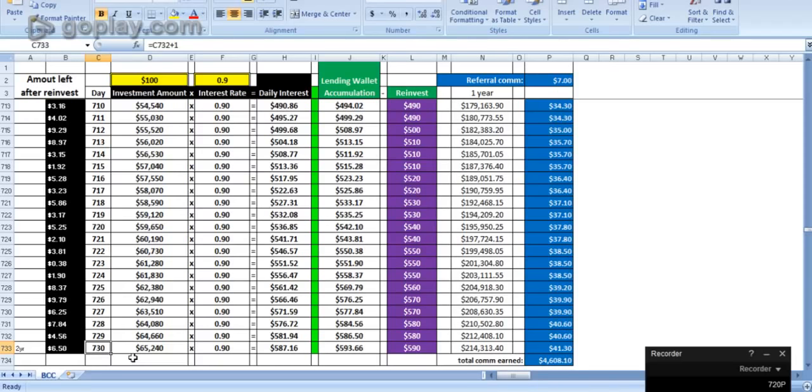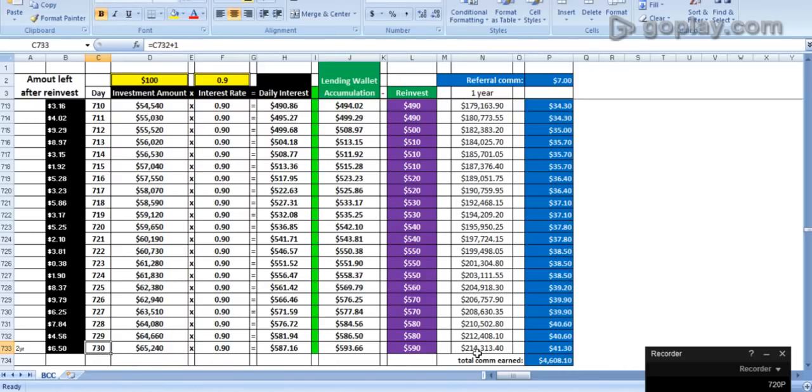So most normal jobs are 5 days a week. This is 7 days a week. This gets paid every single day, not on business days. This is every day. So 7 days a week, every single day, you're going to get $587.16 in this example. That is going to equal around